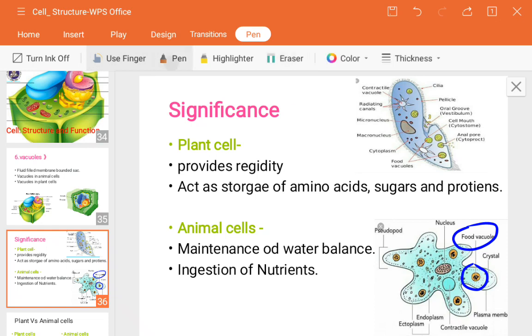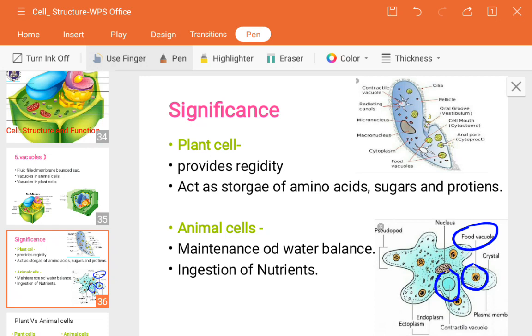This one, the bigger one. The contractile vacuole is nothing but, whenever they require it, or such a condition is created in nature and they want to move from one place to another, how will they move? With the help of only the contractile vacuoles, which relax and contract. So whenever they feel such a condition, they have to move from one place to another,